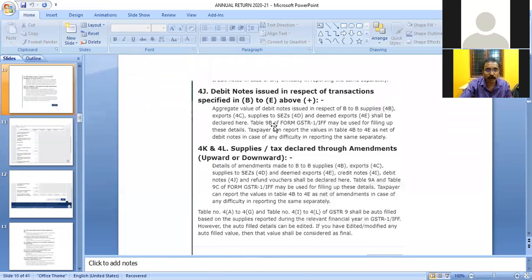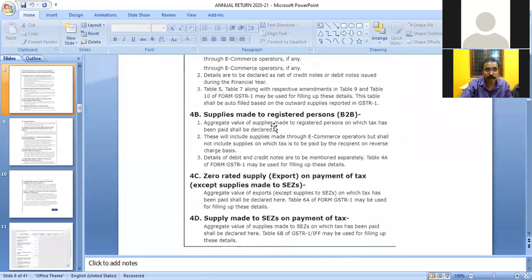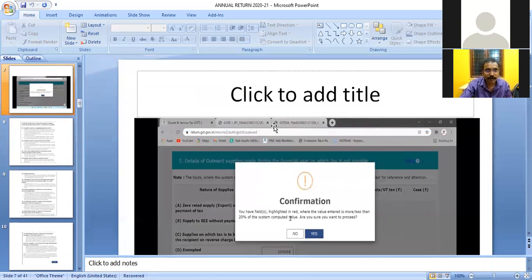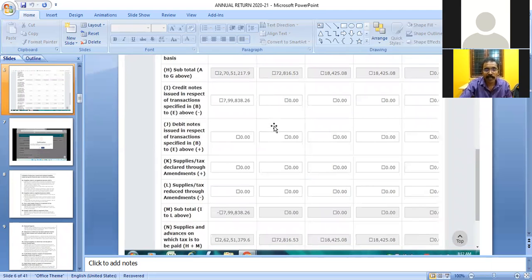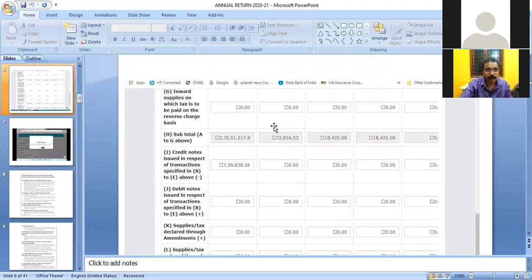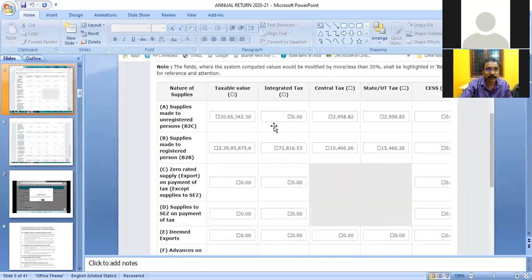One more important point is that as far as outward supplies are concerned, the actual value available in the books of accounts is to be shown in the respective table.